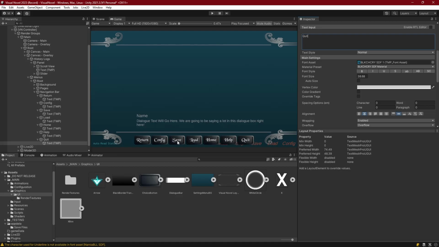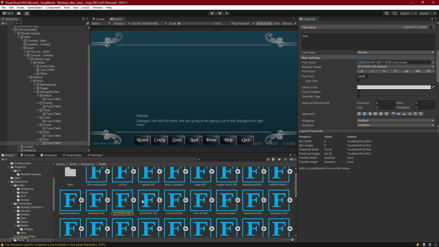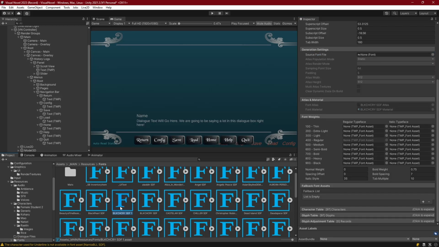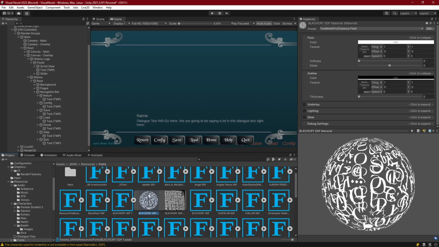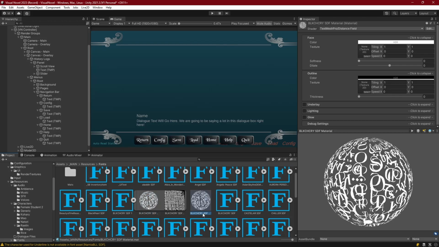But I think I'd like to spice up the text a little bit, other than just having a different font, so let's go to the font asset up here. Give it a click, and we'll see right in here we can find the asset. So if you expand that, you can see that there is a material in here. And that material is linked to this particular font, and that's where it's getting its render properties for the screen. So we can actually duplicate this, and we'll go ahead and rename this to something like, I'm going to make this